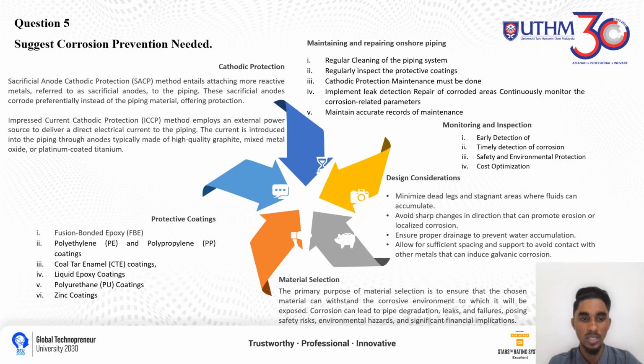The third one is the coal tar enamel coatings, formulated with coal tar pitch, which are applied to the heated pipe surface. Upon cooling, the coating forms a dense and impermeable film, providing protection against soil corrosiveness. So coal tar enamel coatings have a long history of usage and demonstrate a very good resistance to soil, water